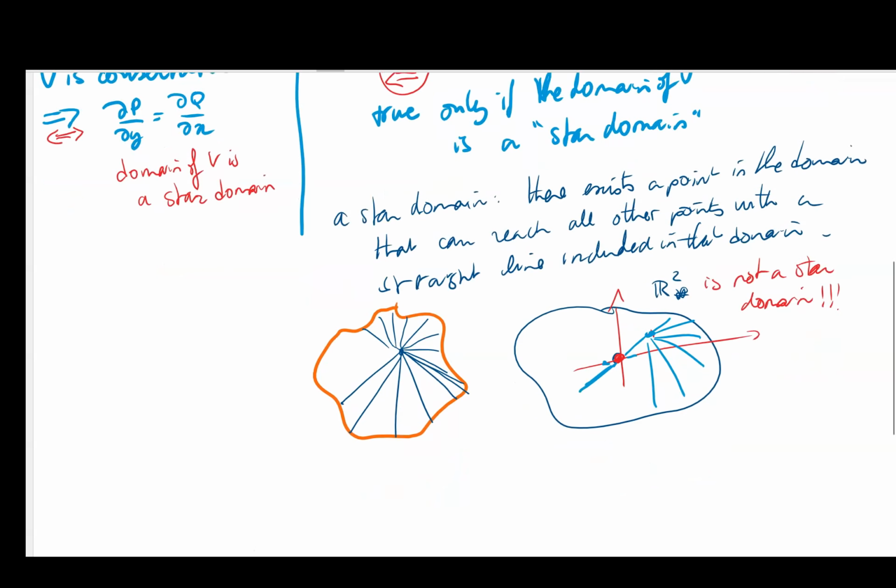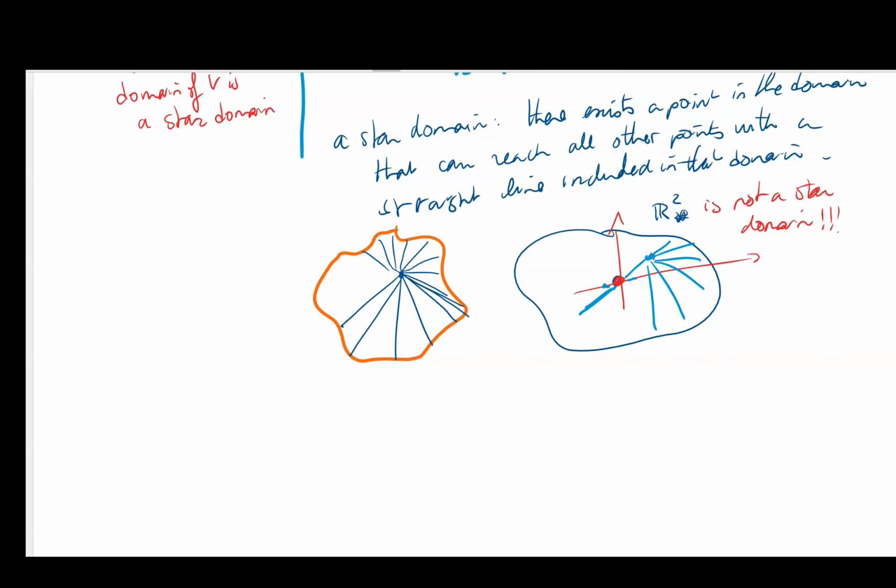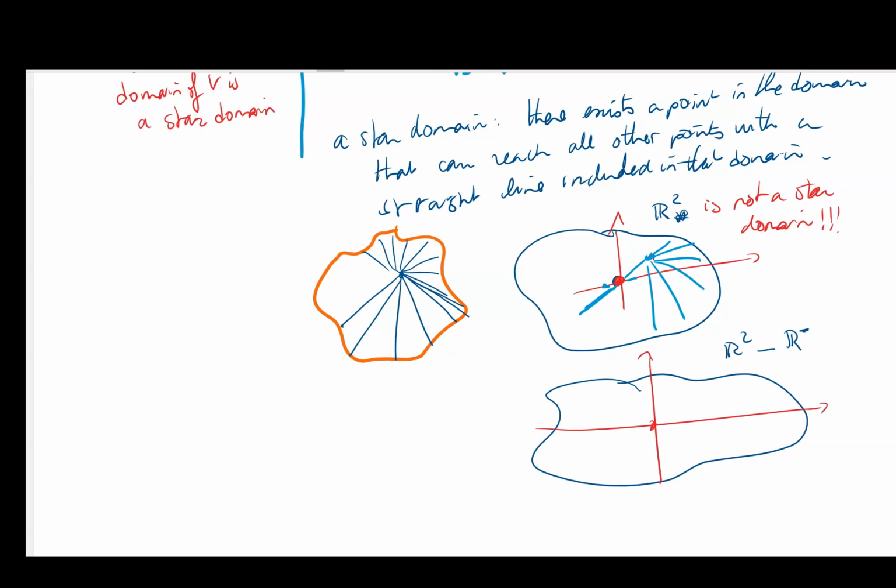Okay, but if I'm considering R2 minus, instead of just excluding the 0, I'm going to exclude the whole half line, then this is going to be a star domain. All right, so minus, for instance, what do we mean here? I'm going to exclude not only the 0, but that whole part. Okay, then this is a star domain, because whatever the point that I'm choosing here, I can reach any points